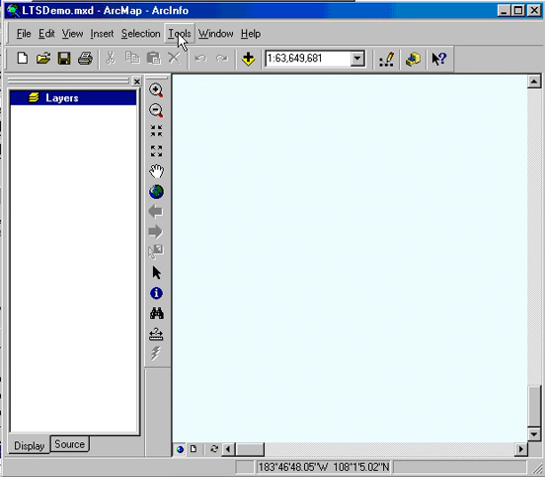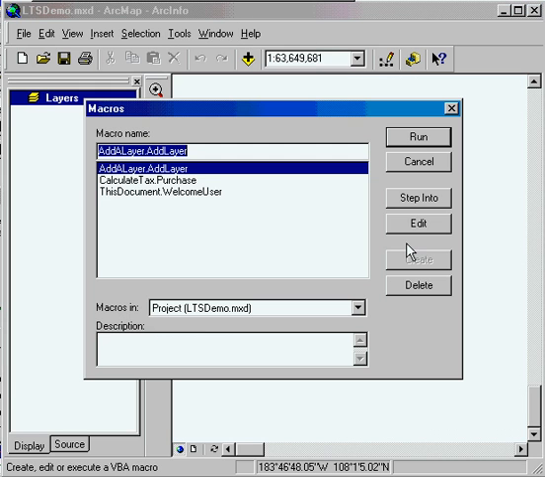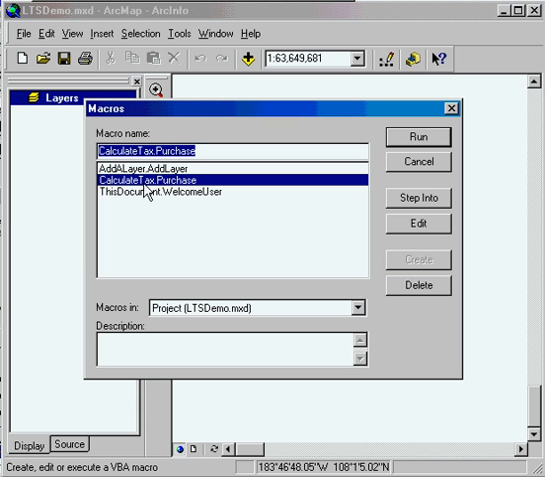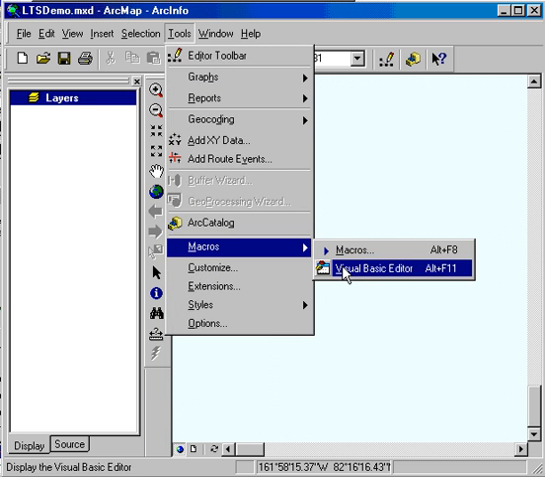Again, I'm going to go to the Tools menu, Macros, and Macros again. Notice I've been working with the calculate tax.purchase macro. Let's pay attention to this name right here. It says calculate tax.purchase. If we go back to the Visual Basic Editor and look at this in more detail,